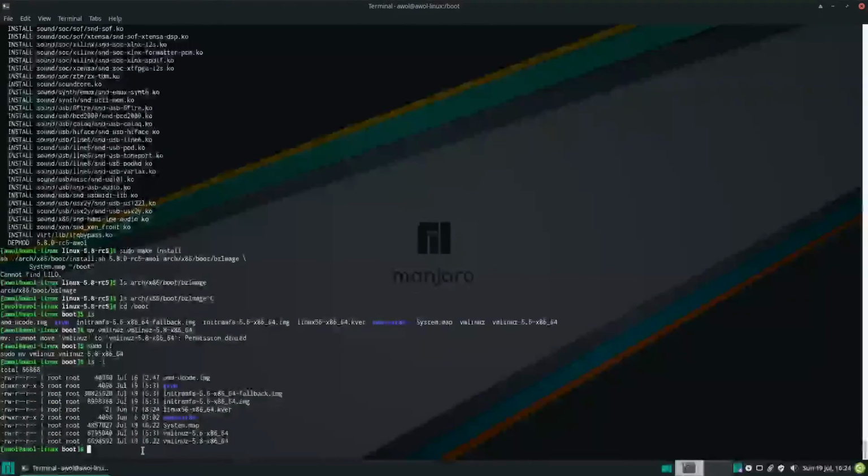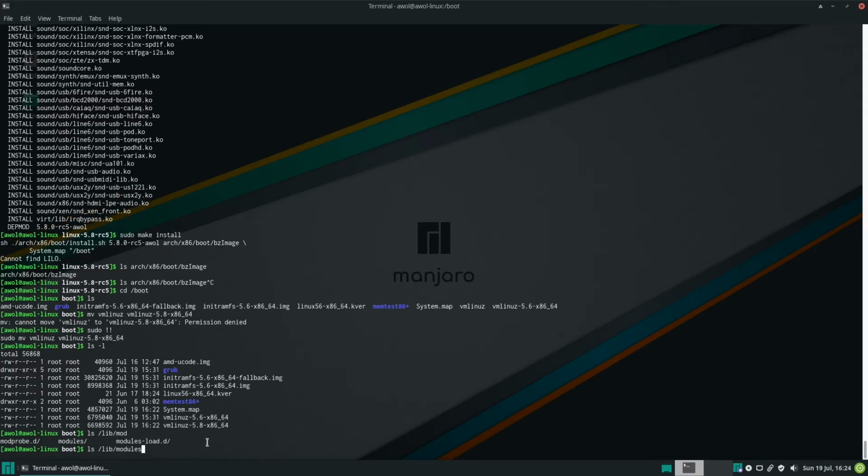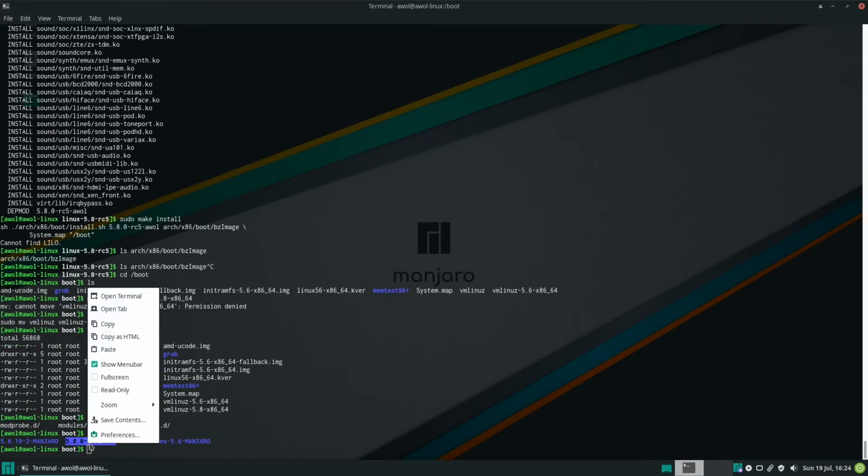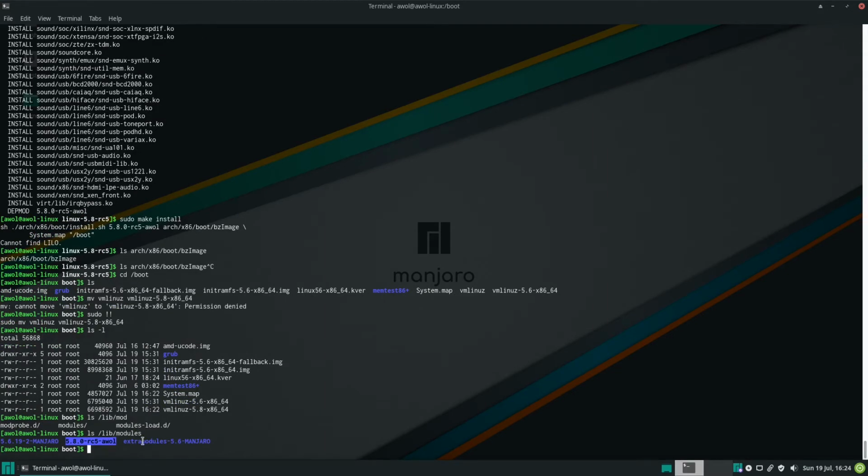So if we do ls -l, you have kernel 5.6 and 5.8. Now we're going to want to make a kernel image. Oh, before I forget, we're going to forget what the name of the kernel version is. So ls -l lib/modules. Okay, if we look here, this is the kernel version. In each one of these are different modules, and that's where the modules are kept. So now we're going to build a kernel image,